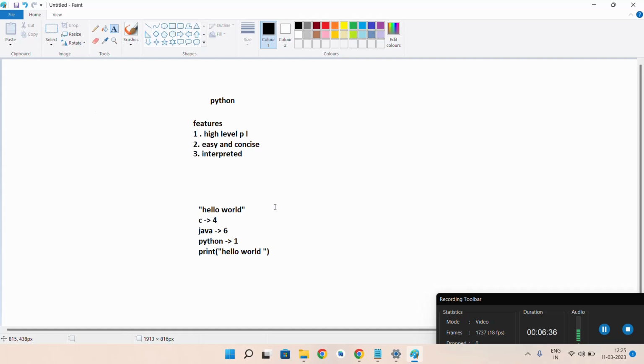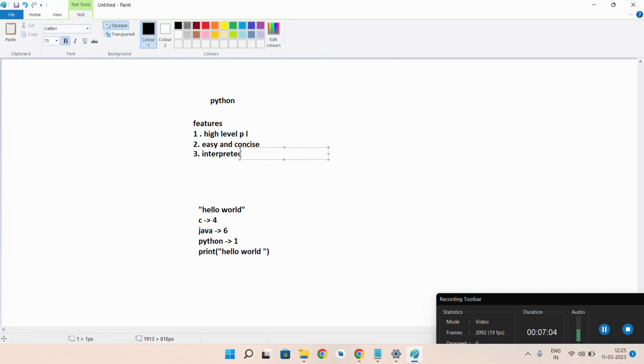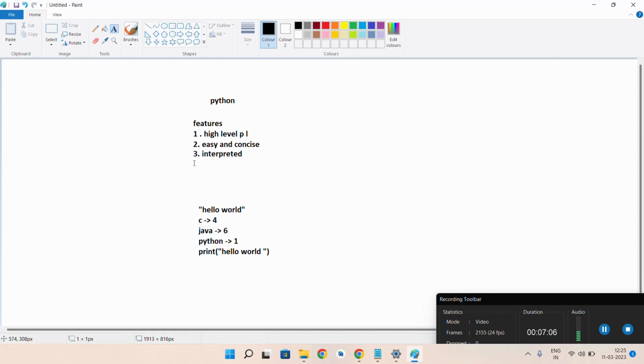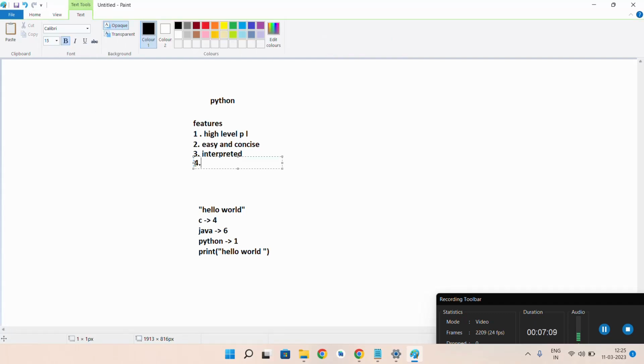An interpreter will execute lines one by one. When we go into the practical stuff, you will get clear. I'm just explaining, just have a basic knowledge as of now. Interpreter means if we write any code, it will execute line by line, whereas a compiler will take the entire program, compile it and then execute it. So this Python is an interpreted programming language. And the fourth one is it is freeware, free and open source.